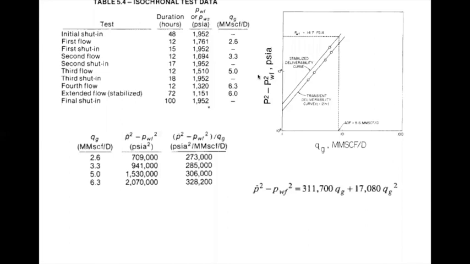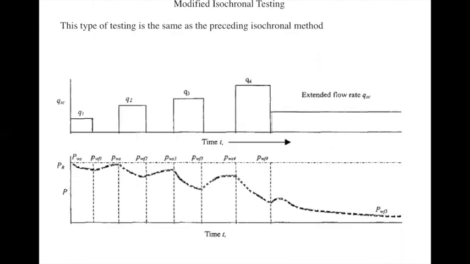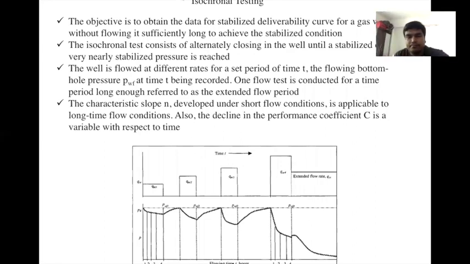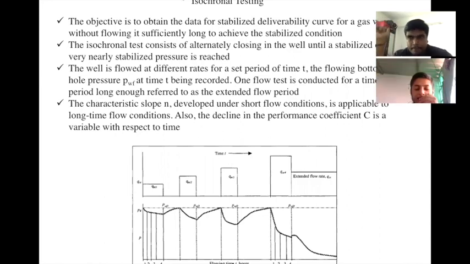Hello. Yes. Sir, can you please go back to the isochronal test curve? This one? No, sir, back to the first curve you explained. Only isochronal. Yes, sir, this one. Sir, you told that the pressure here, just before the second flow rate, is not stabilized. So how do we decide that flow period? Like now we will start the second flow rate, now we'll start the third flow rate. How will we decide that time period?